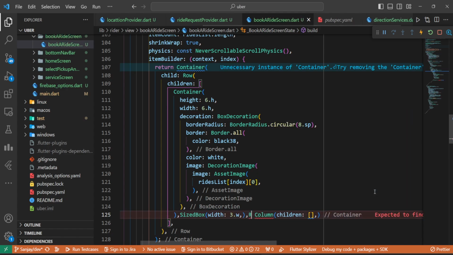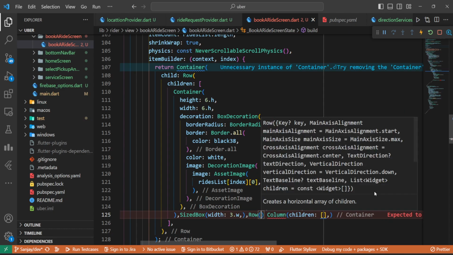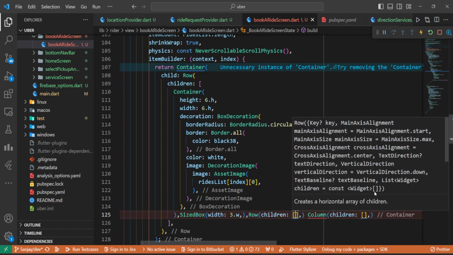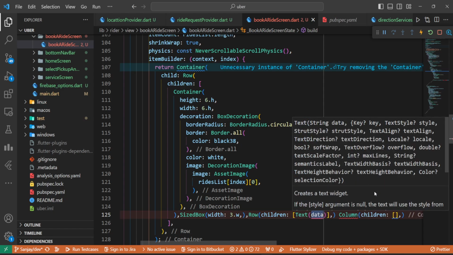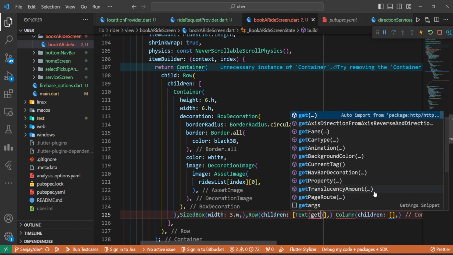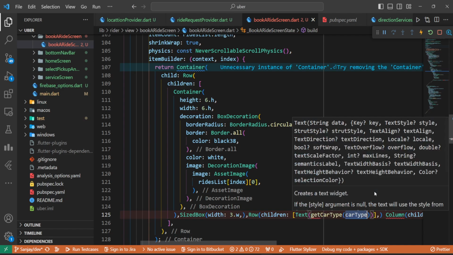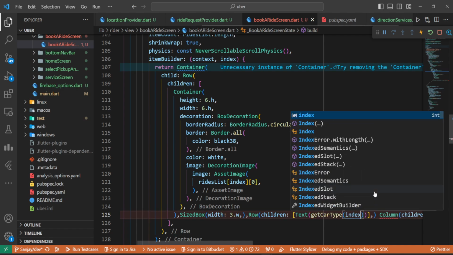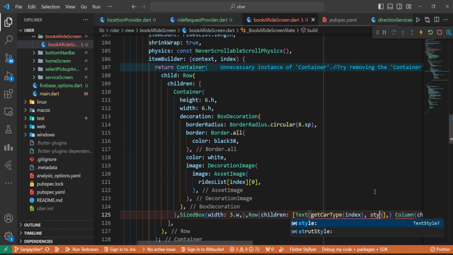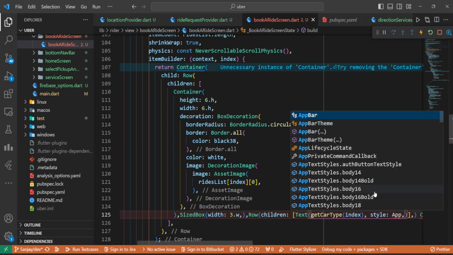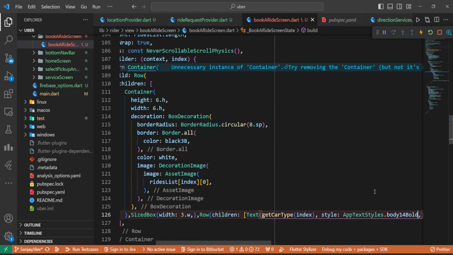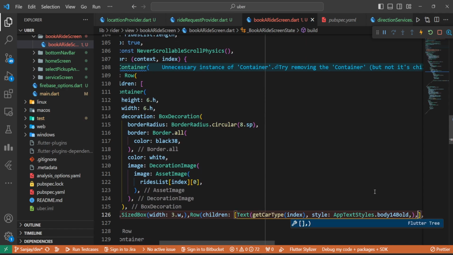Here we'll go with another row, basically row children, and it's going to be text, get car type, and here it's going to be index, comma style, app text style. Let's go for body 14 bold,